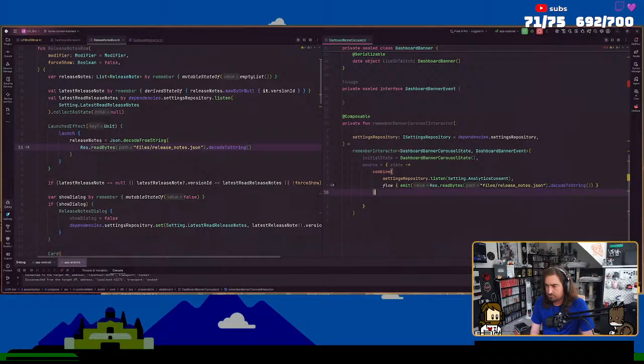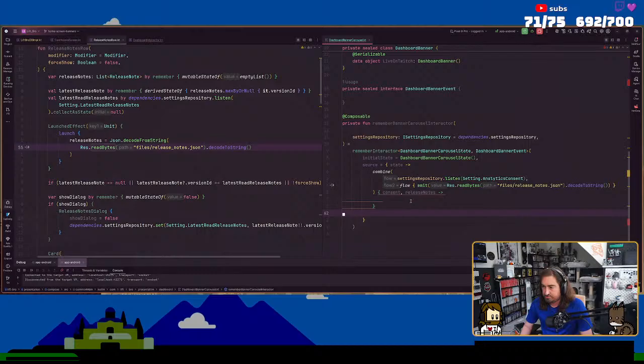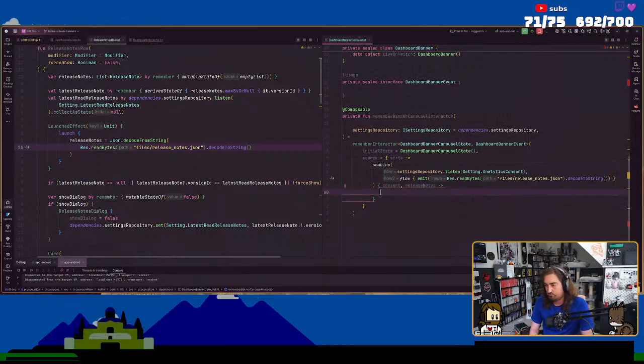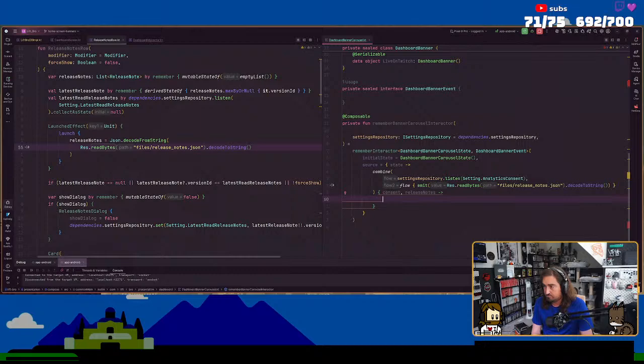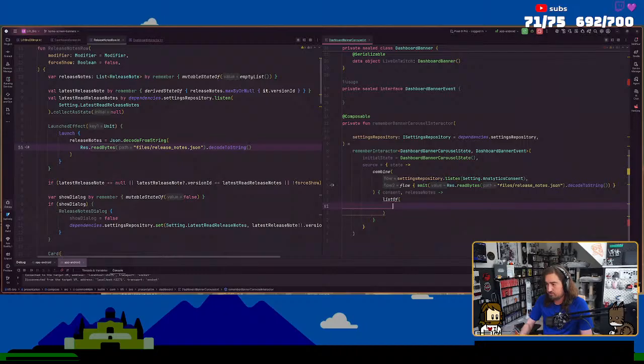So we have those two, consent and like release notes. So consent and release notes, we'll combine those. So whenever that changes, and then really what we do is we just map it to like a list of, wait, how do I do this? Right, so it's going to be a list of, and then